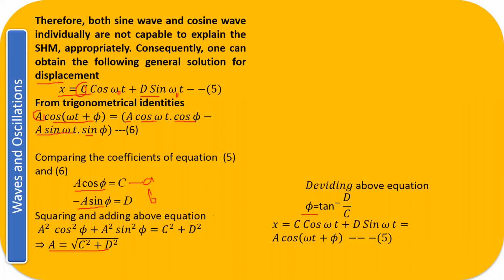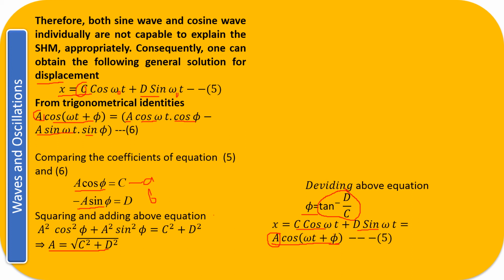So therefore what we can say from equation number 5, x equal to C cos omega t plus D sin omega t, can be given as x equal to A cos(omega t plus phi), where A is nothing but the square root of C square plus D square, and phi is the phase between the amplitudes C and D. So whenever a particle moves, it will have both the sine and cos components, and two different amplitudes, C and D. If these two amplitudes combine, they give a resultant amplitude, which I am going to call A. Between these two amplitudes you will have a phase, and that phase will be your phi, and this is how the solution should be x equal to A cos(omega t plus phi).